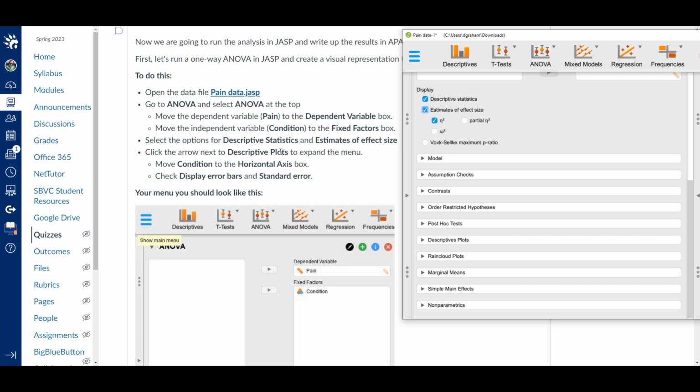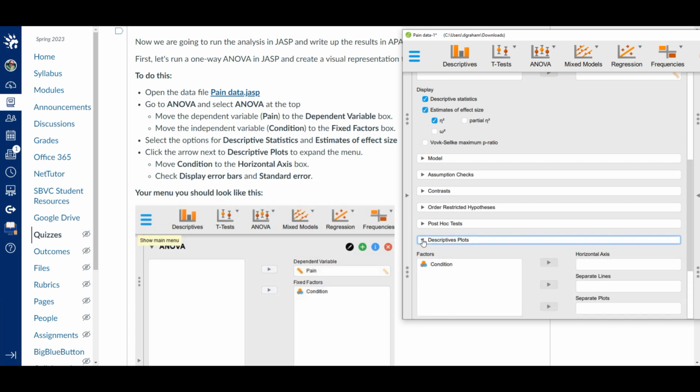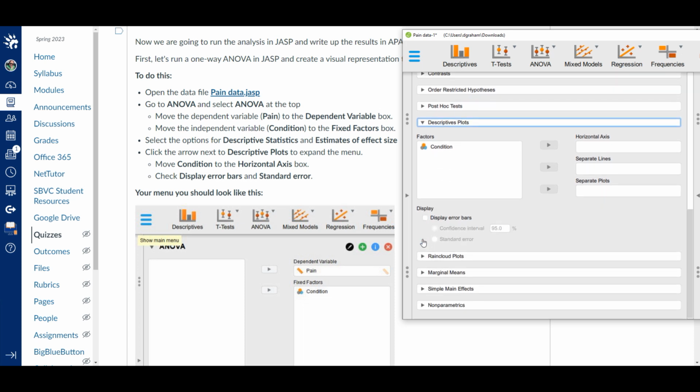And then if we go down to our descriptives plots option and expand that menu, we're going to move condition to our horizontal axis. So what this is going to do is plot our descriptives for us by putting the condition, those three levels, on our horizontal x-axis. So we'll see audiobook, music, and control, and then we can see some descriptives, the means essentially for those three